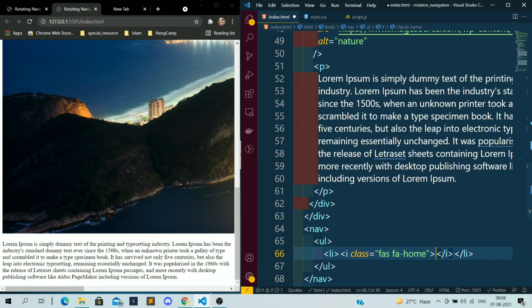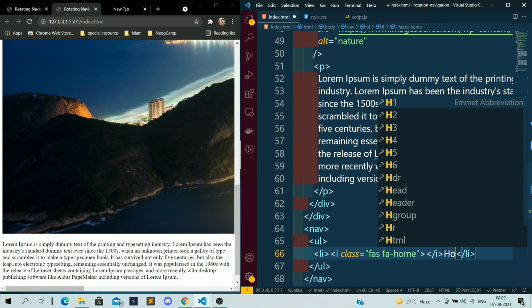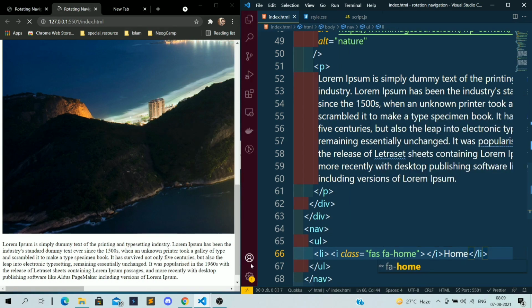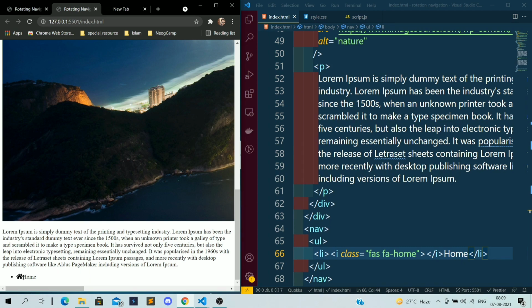Now if I save it, if I give home, that home will come. If you see the bottom, that home is coming.